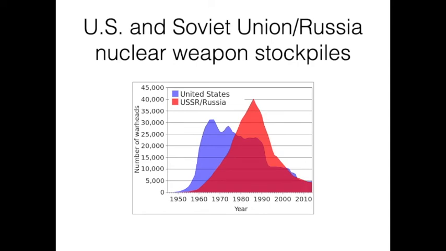Here's how many weapons were built up by both the United States and the Soviet Union. So at its peak, the United States had more than 30,000 nuclear weapons ready to use. And the Soviet Union, at its peak, got all the way up to 40,000 nuclear weapons ready to use. So these are massive stockpiles, enough to destroy the entire Earth many, many, many times. But they never used them against each other because both sides know if they did, both sides would be completely destroyed, as well as probably the rest of the world.